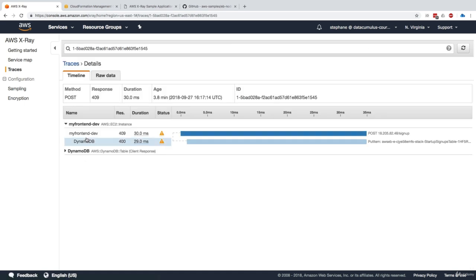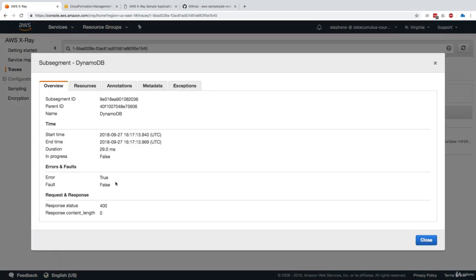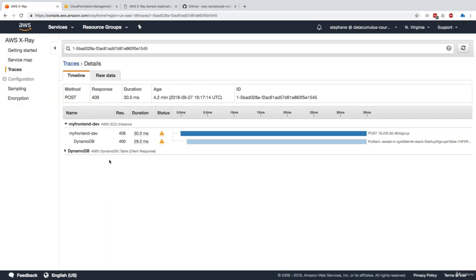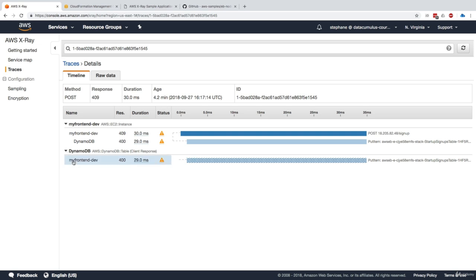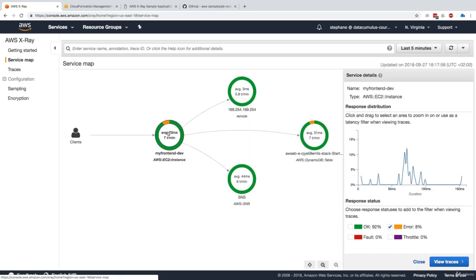So we can see that the front end basically made a request to DynamoDB, and the POST for that request was POST signup, but then it made a DynamoDB call, PutItem, and it tried to put an item into that table. So we're getting a lot of information around what happened in the application. And then we got a response status 400 from DynamoDB, which means whatever it means. So this is kind of cool because here we're getting a little bit more information around what goes on in our trace, right?